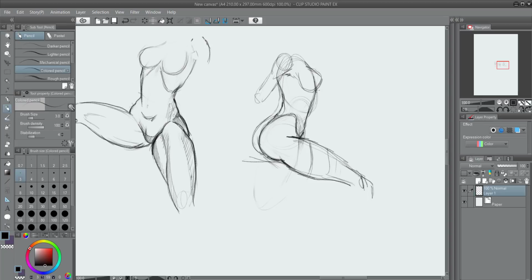And depending on the angle, you might be able to see a little bit of the other breast kind of coming off like this. Boom. That's not really important. I don't know why I'm even drawing this part. None of this is important to the drawing we're drawing right now. But I'm kind of like, I don't know about a perfectionist, but I don't know. It bugs me that it's not there. Oh well, we'll just do it anyway.